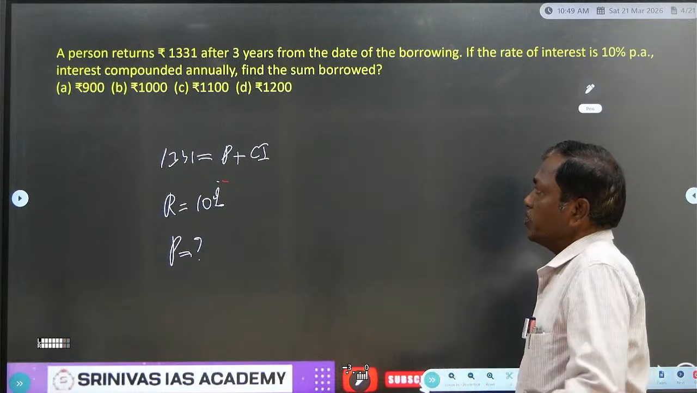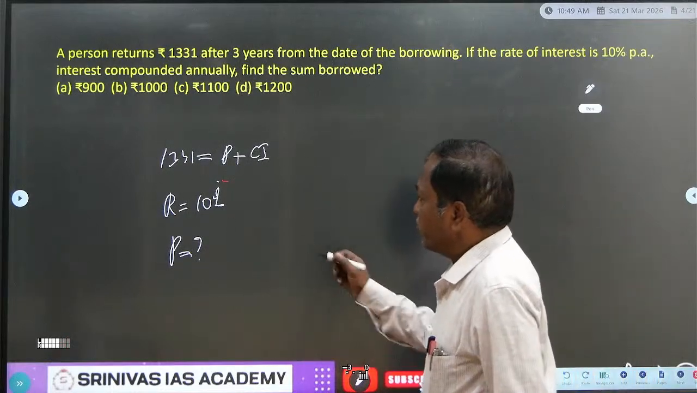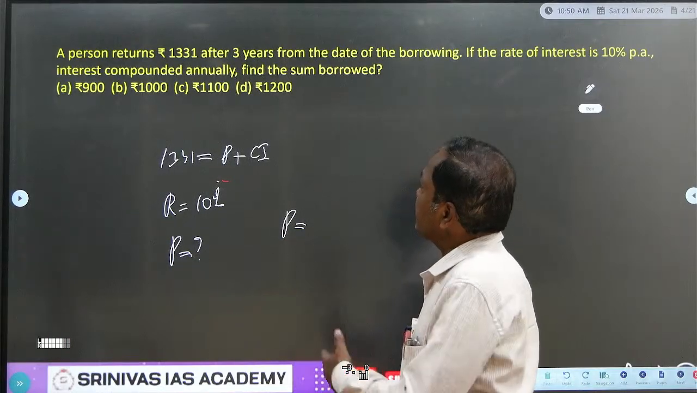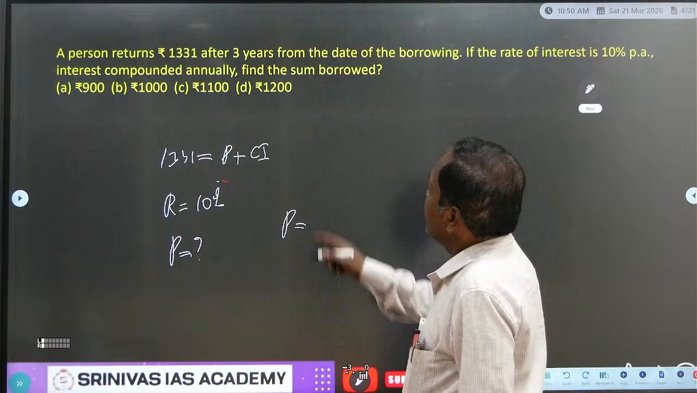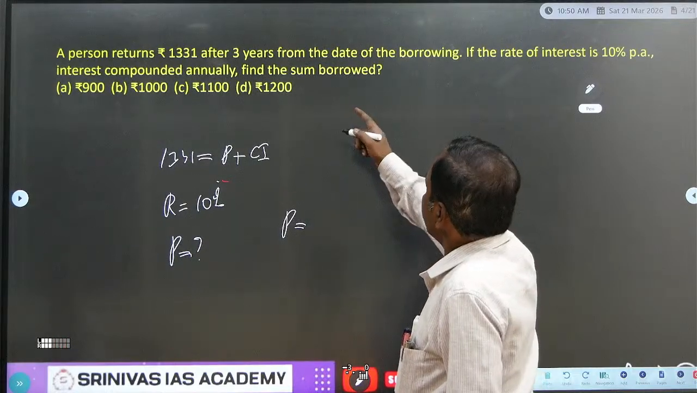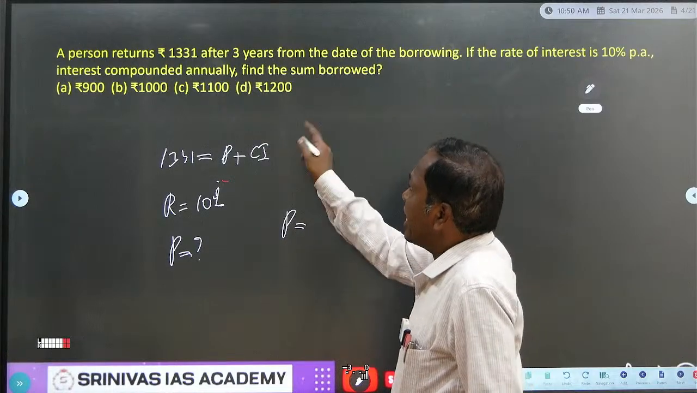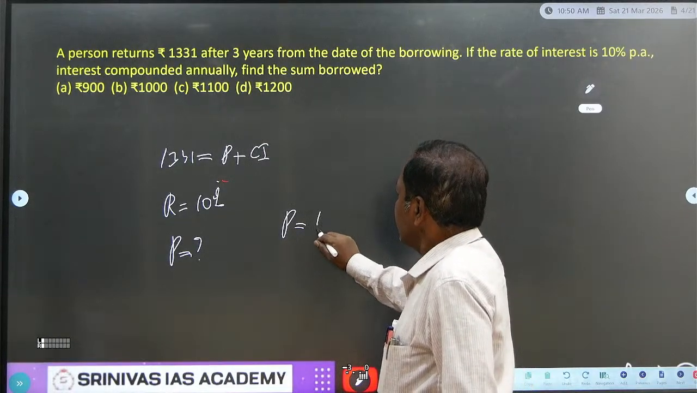With formula or without formula? Either way you can do. Without formula, what to P? P is equals to what is the rate of interest? 10% per annum. Returns after 3 years from the date, rate of interest is 10% per annum, compounded annually. It means